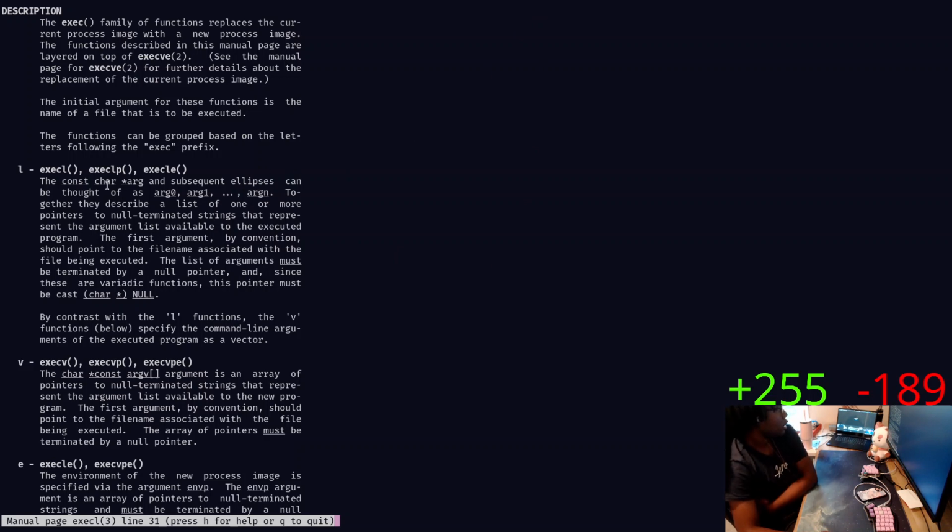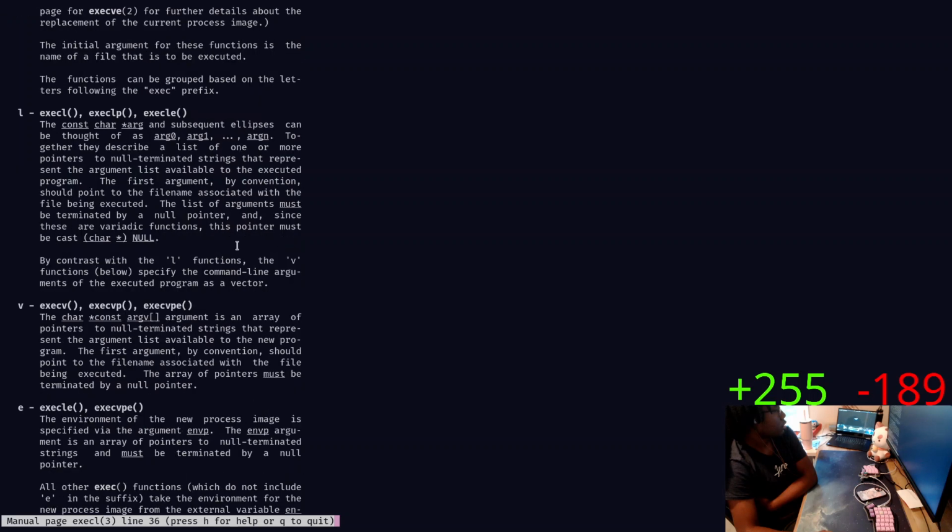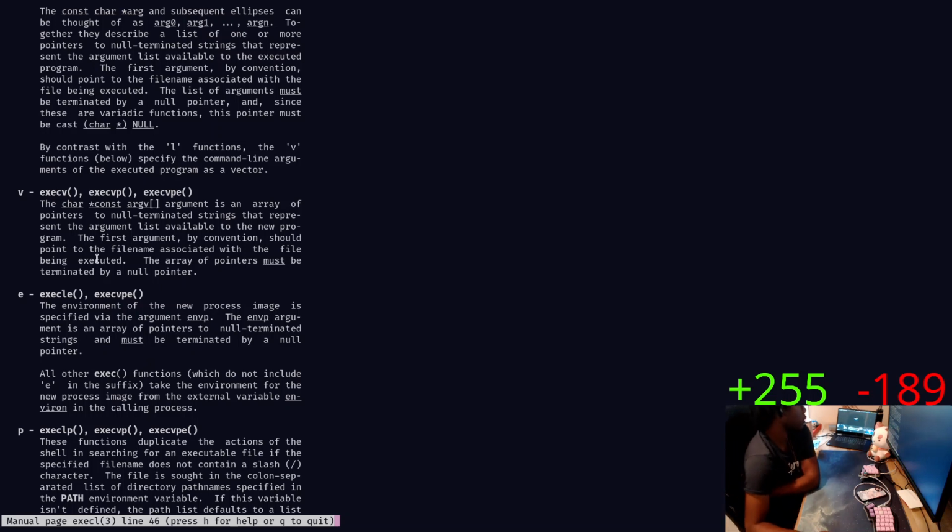Together they describe a list of one or more pointers to null-terminated strings. It's an array of pointers to strings that represent the argument list. Yeah, but how do I get this output?